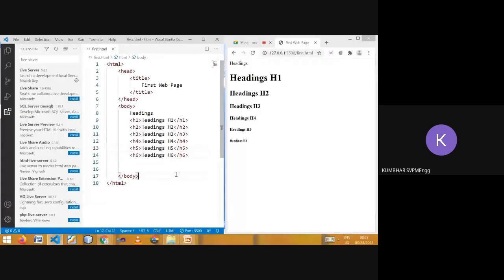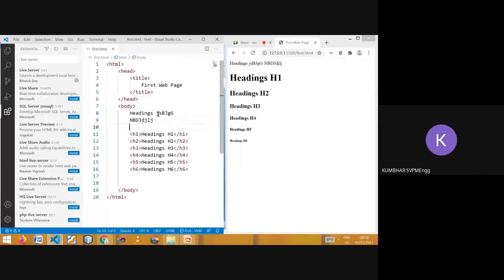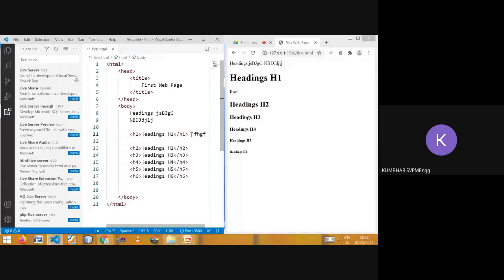Again, one more thing you can observe here. Suppose I am typing here without any heading tag, just normal text. Even if I go for a new line, you can observe that the contents are on the same line. But the heading tag itself goes to a new line, and after the heading tag, contents again will go to the new line. Suppose after a heading tag I am writing something, it will directly go to the next line. These things you should also remember. Accordingly, your contents will be displayed on the screen.